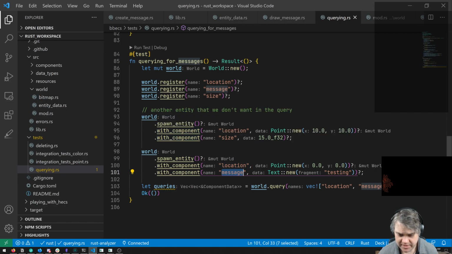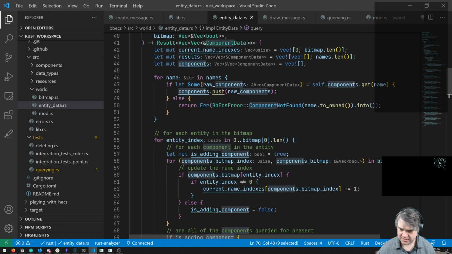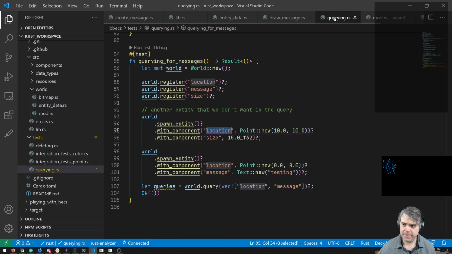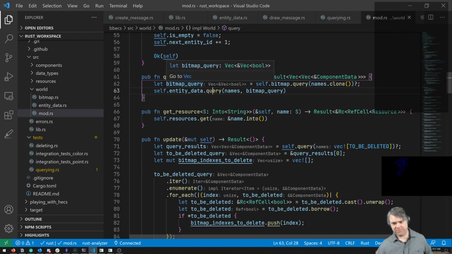I sort of feel like we may need to rewrite the query in entity data, because I just need to go through and verify that things are the way we want them to be. I also wonder if, for you, our bitmap query is a vector of these vectors, which we saw.